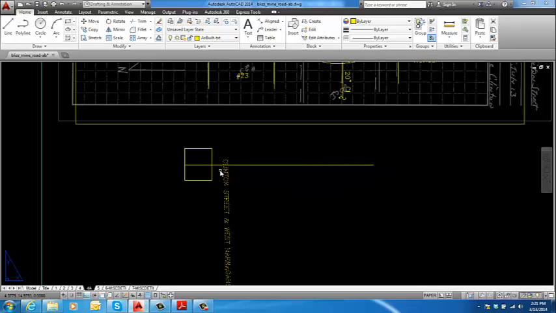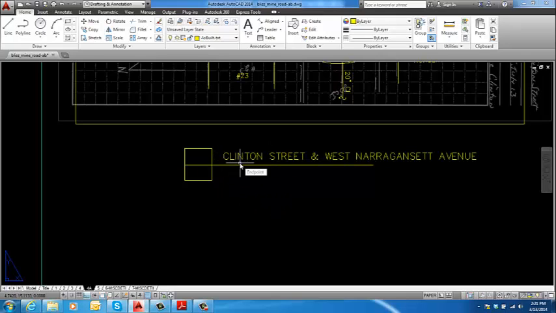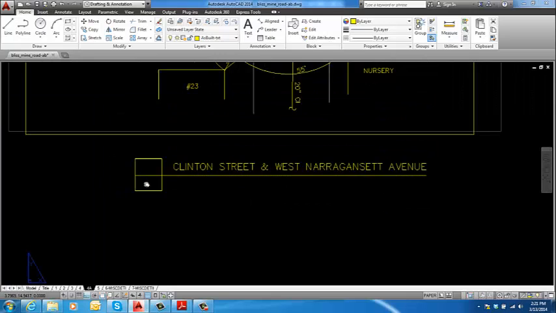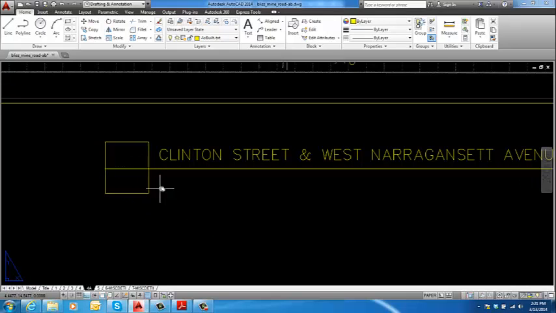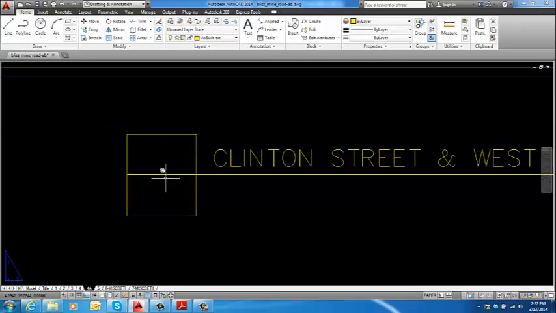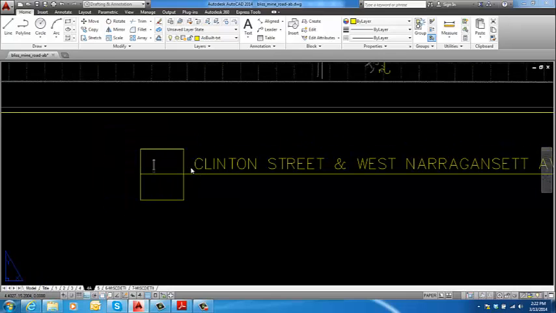We want that scale. What we're doing is drawing a piece of straight text to match it. We're going to scale that text up 1.5 times because we want it to be a little bit larger than the text that we're using in the drawing. And then what we're going to do here is call this off as